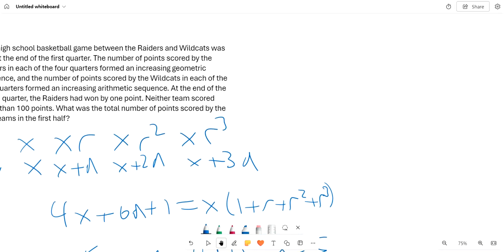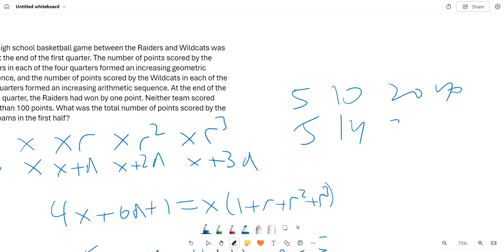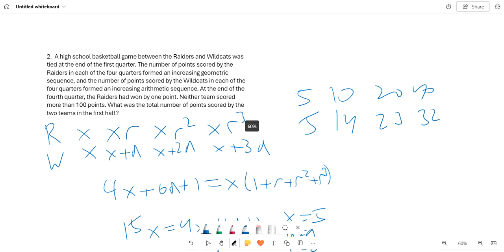And so we input this into the sequences, and we get 5, then 5 plus 9 is 14. And the Raiders' terms are 5, 10, 20, and 40, and the Wildcats' terms are 5, 14, 23, and 32. And yeah, this works because if we just add them up,